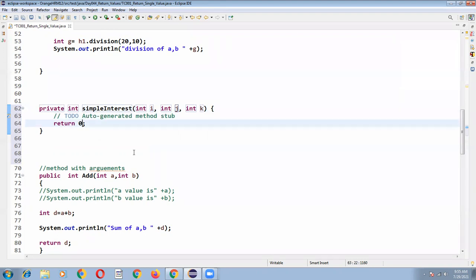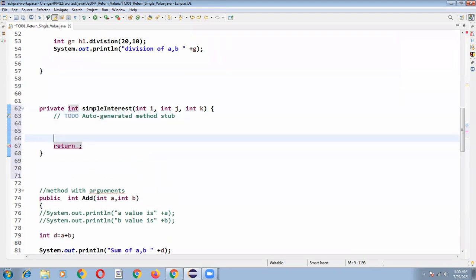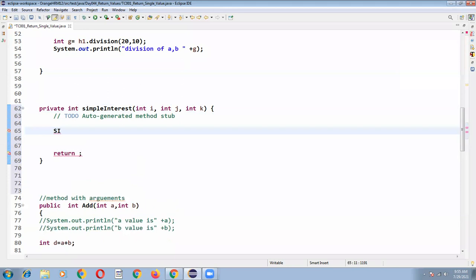So I want to calculate a simple interest, SI. This is a local variable. Integer SI is equal to P T R: i into t, j into r by 100.